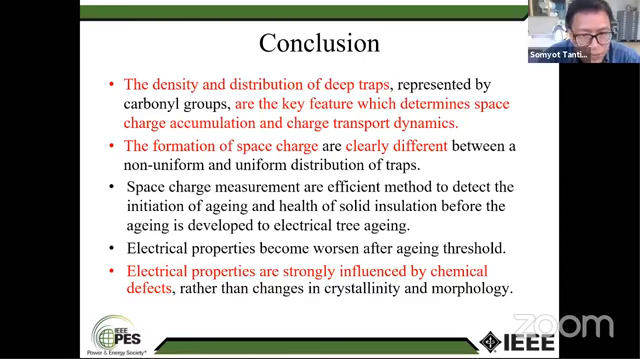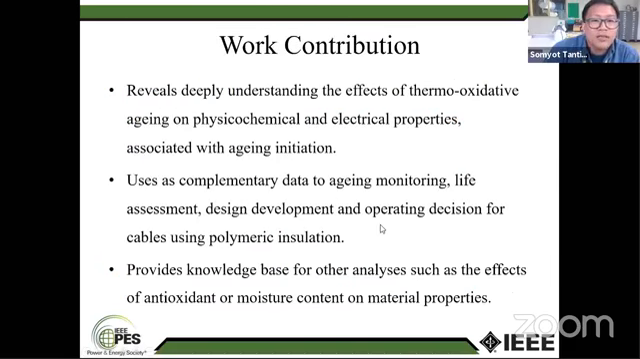And space charge measurement is an efficient method to detect the initiation of aging and the health of the solid insulation before the aging develops into electrical tree aging. Electrical properties become worse after the aging threshold. Electrical properties are strongly influenced by chemical defects rather than the change in crystallinity and morphology. So for the work contribution,